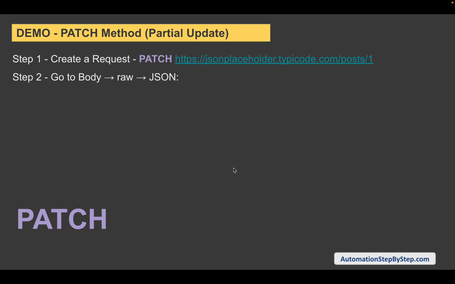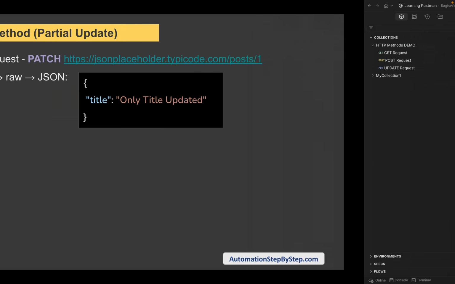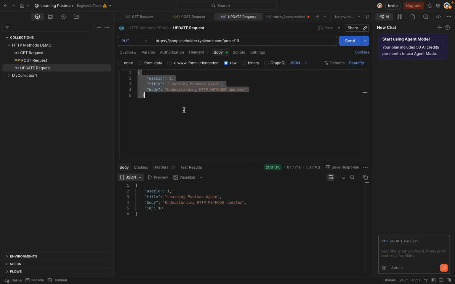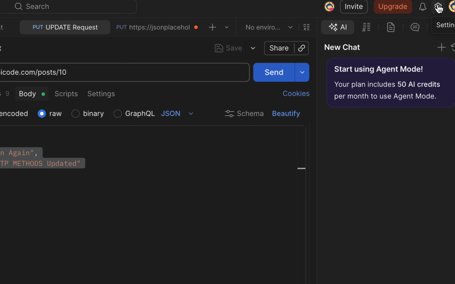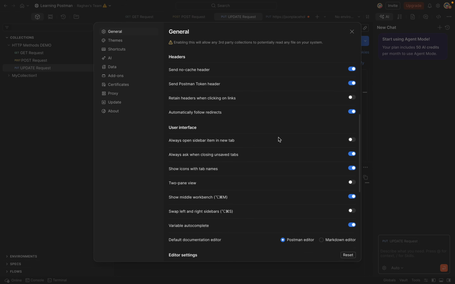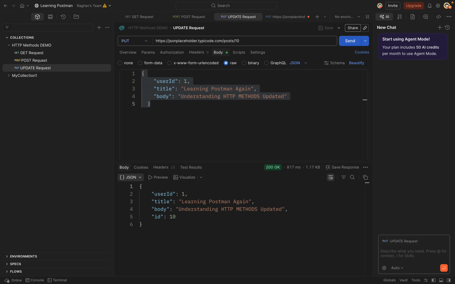Now here it is not a complete update or a complete replace, only the part you want to update. So here let's say we will just give the title. So let me just copy the body from here, and you can also go to settings. From here you can go to settings, app settings, and you will find in the general section the font. So let me say I will use a font 16 should be enough. So you can see this has increased the font size here. So I'm just going to